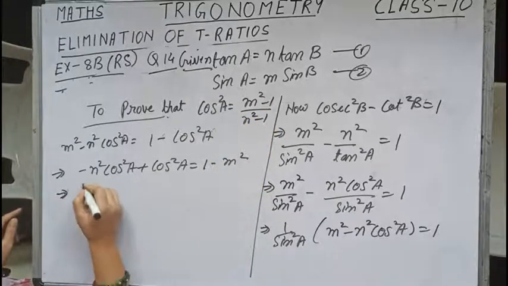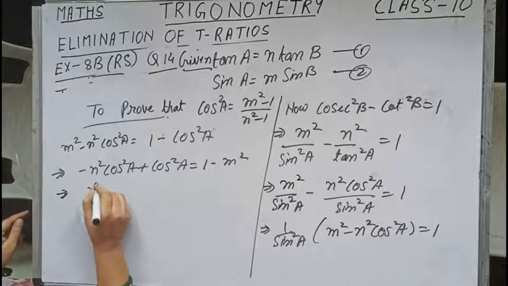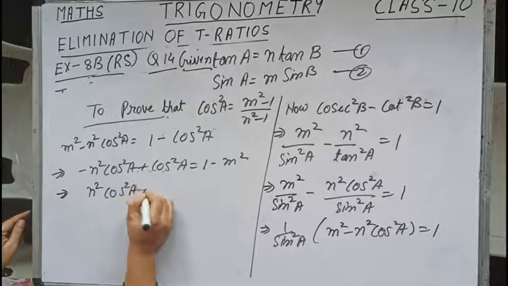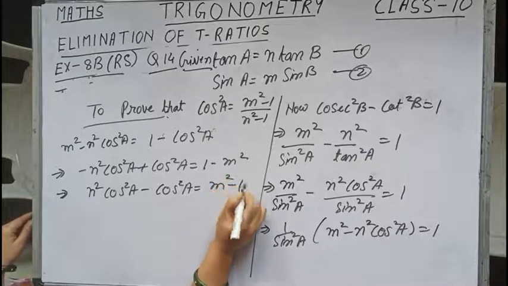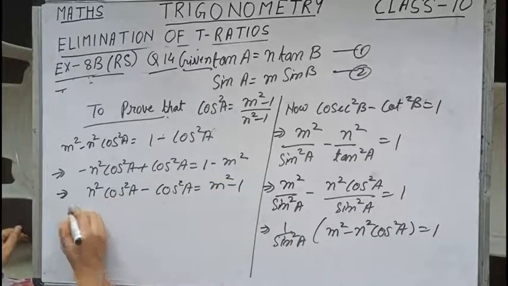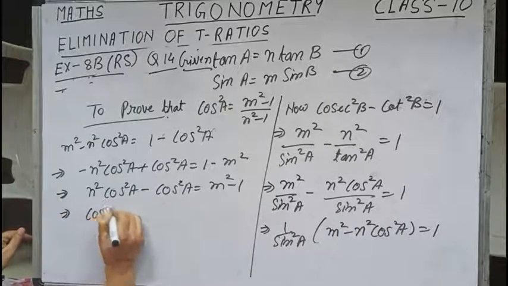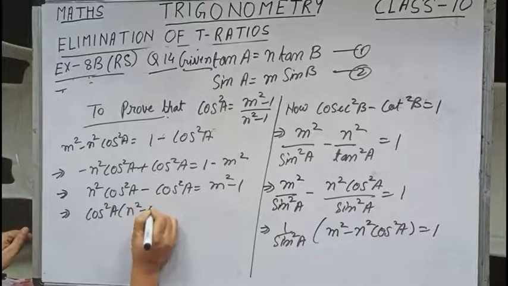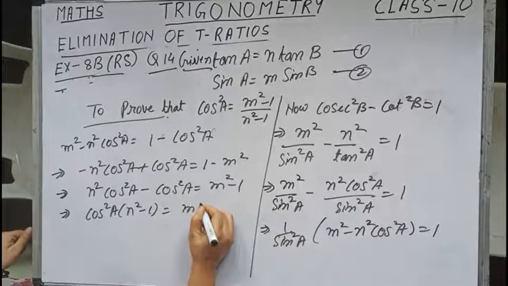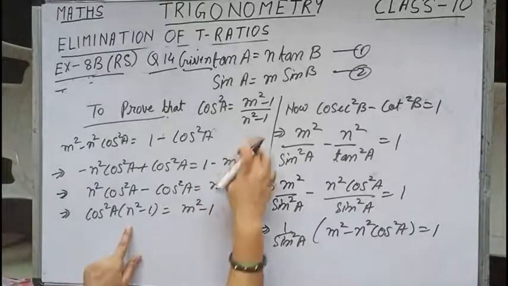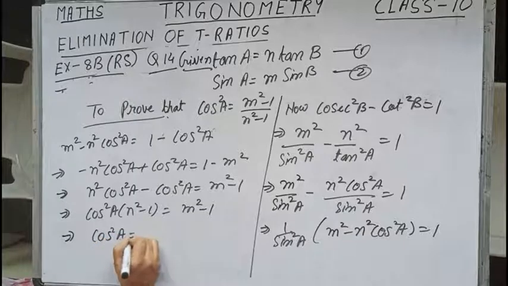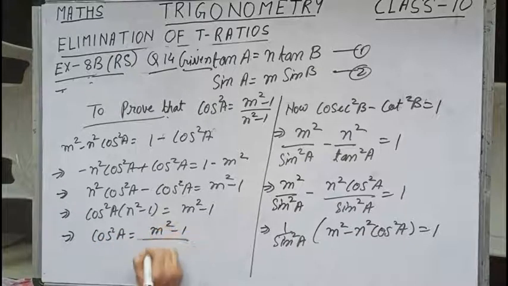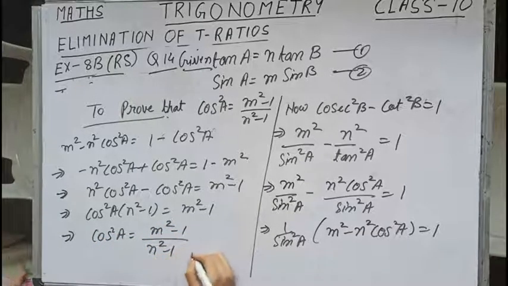So this will be equals to n square cos square A minus cos square A equals m square minus 1. I have changed the sign of all. This implies cos square A into n square minus 1 equals m square minus 1. I have to get m square minus 1 and n square minus 1. This implies cos square A equals m square minus 1 by n square minus 1, and hence